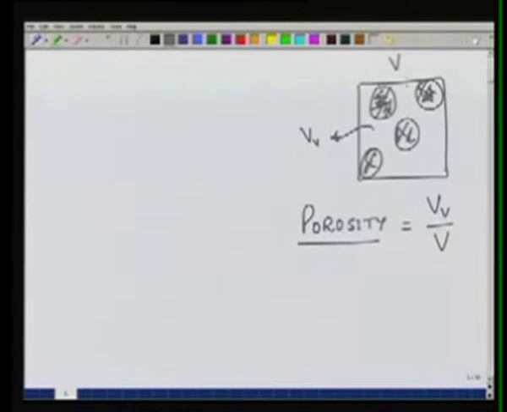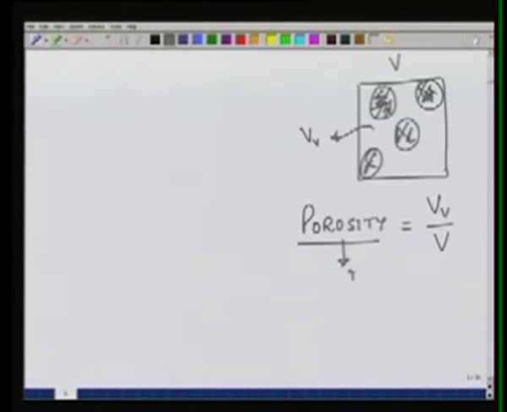So per unit volume, how much pore space is available is the porosity, and if it's saturated with water, then that means that much water is present. Typically we denote it by the symbol eta. So this much water is available. It's not available, but it's present there. How much is available, that we have to see, but this much water is present in a soil sample of unit volume. Now all of this will not be available